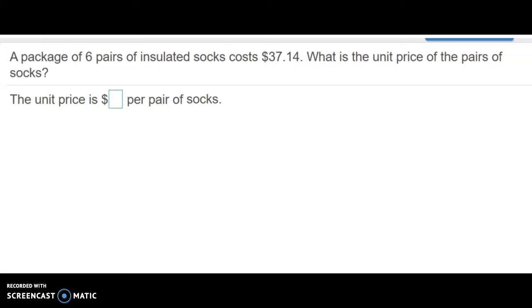All right, so unit price. Another thing that you'll see on your concept assessment today is finding the unit price. The unit price is another word for k, or our constant. And so in this case, we have a price of $37.14. So I want my cost per sock, or per pair of socks. So we're going to take